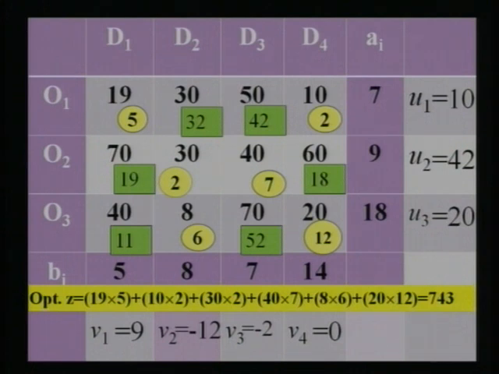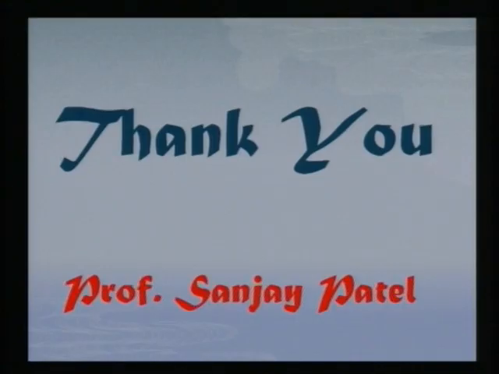Remember, we have not discussed the special cases. Okay, what happens if there is an unbalanced transportation problem? What happens if in between two cells are removed simultaneously in making the loop and so on? If time permits, next time we will see how to find a solution in the special cases. Okay, so here we have got the solution.